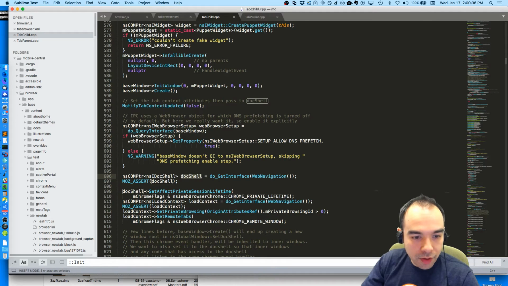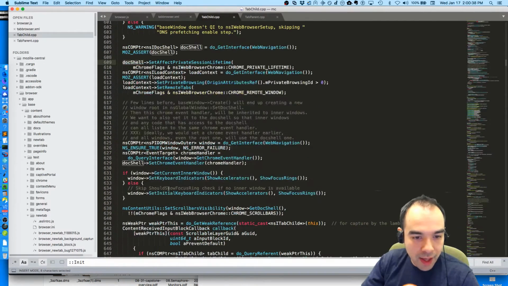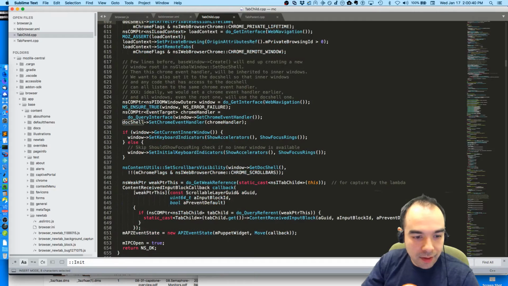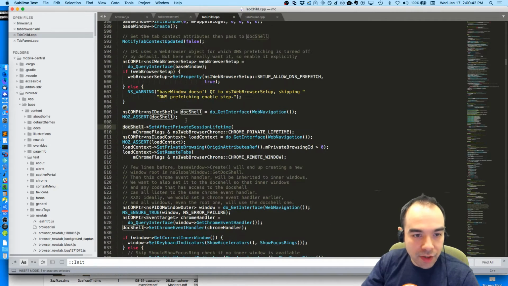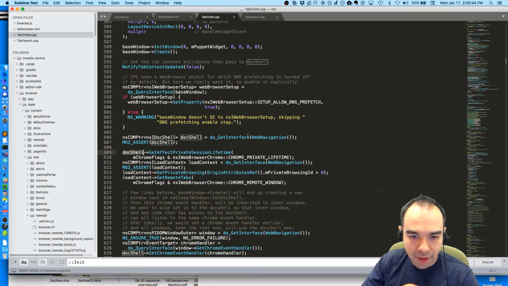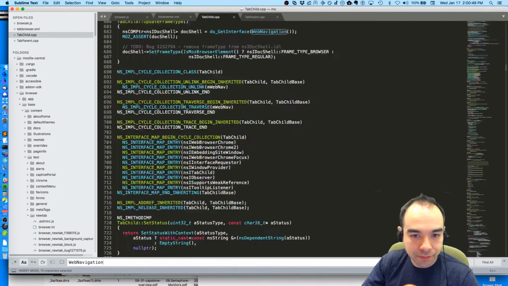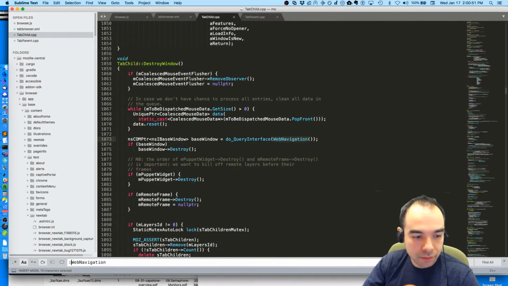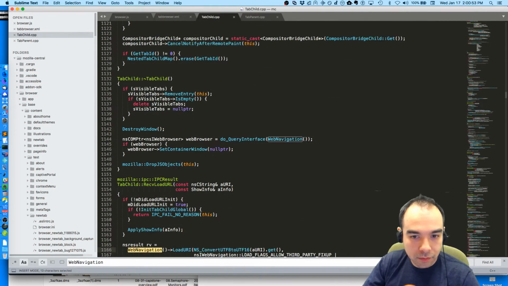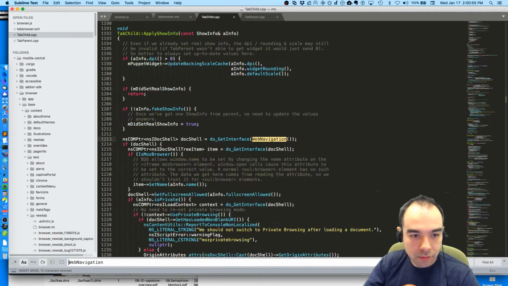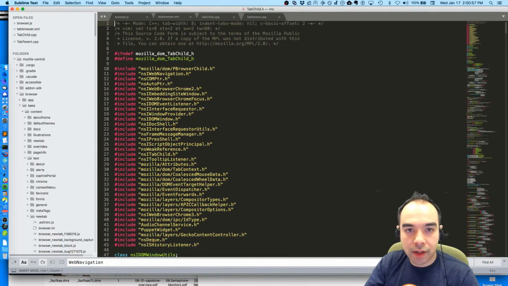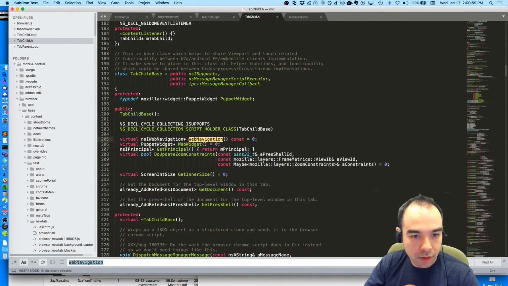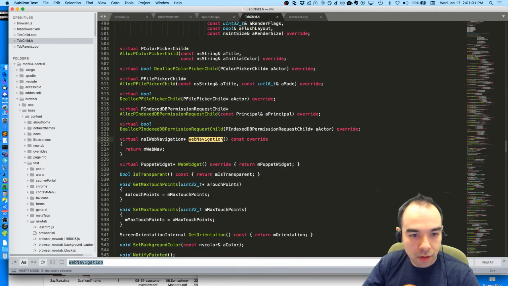I think what I want to do is see whether or not that changes. Get web navigation, tab child.h. Return m web nav. So is that changing?